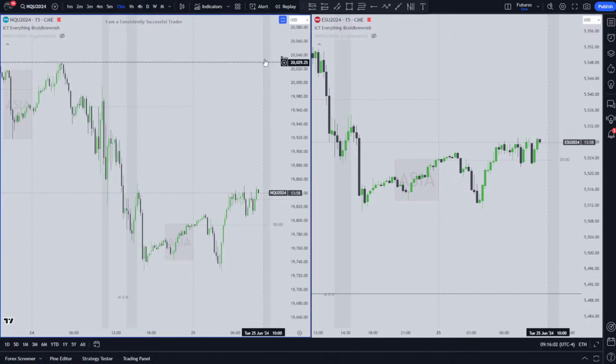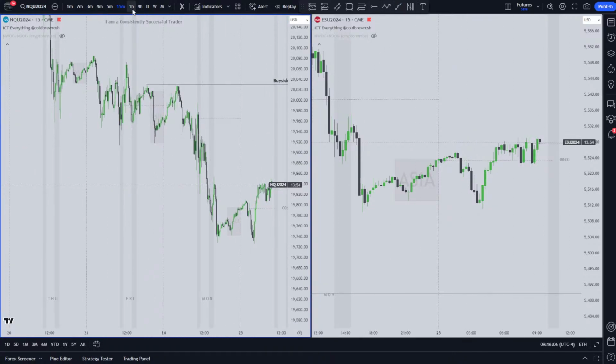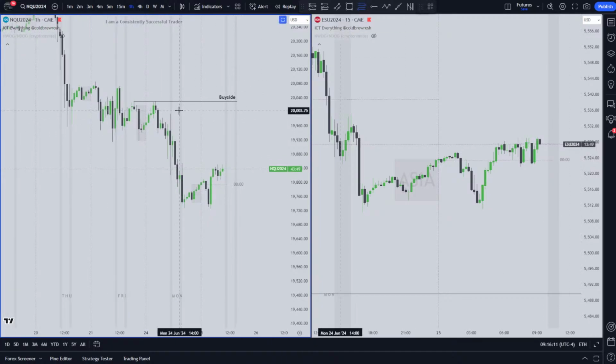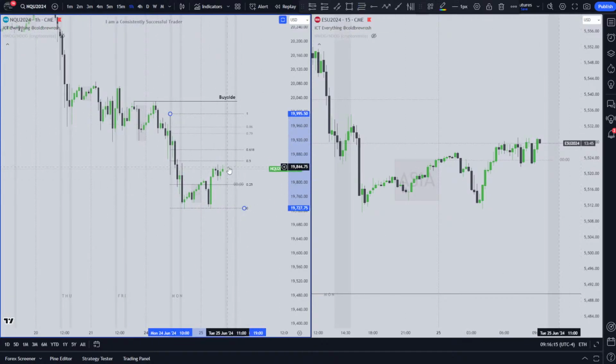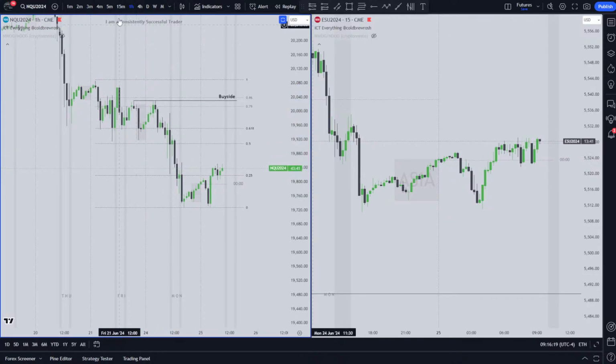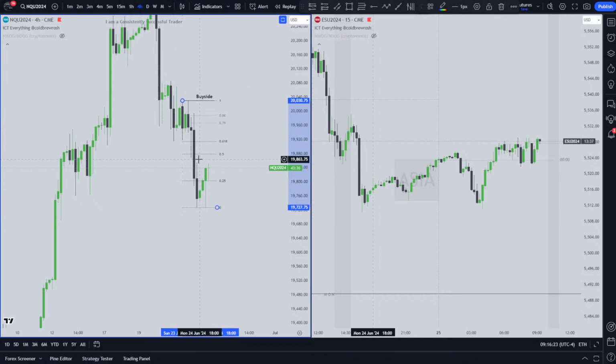Potentially, even if we don't take that buy side, I expect some part of this range here to get taken, because if you draw your dealing range from that high to that low, 50% is only there, but I think it's fair to draw it from something like the 4-hour. What does the 4-hour refine it to? Okay.